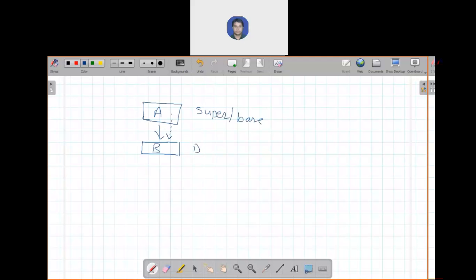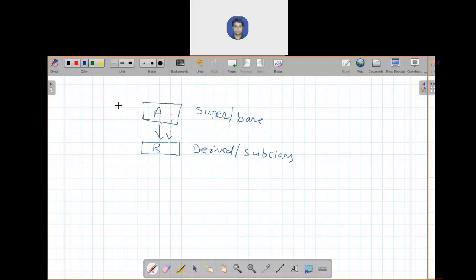And this is a derived class or subclass. The class which acquires the properties of another class is called the derived class or subclass, and the superclass or base class is the class whose properties are acquired by another class.